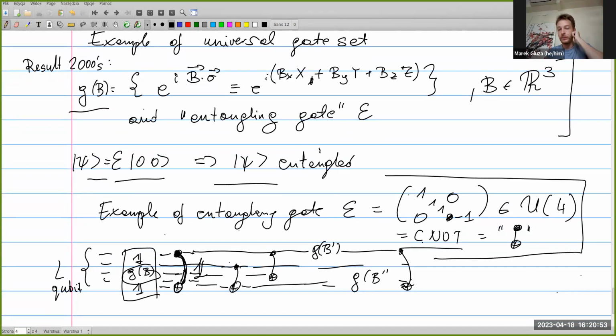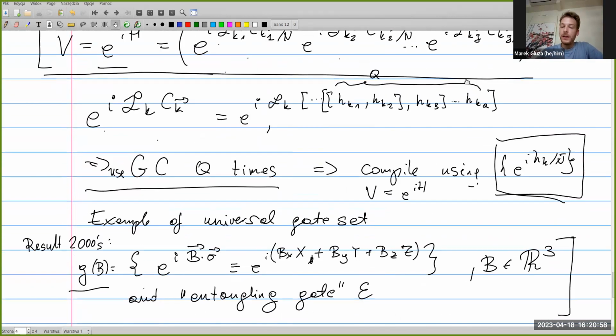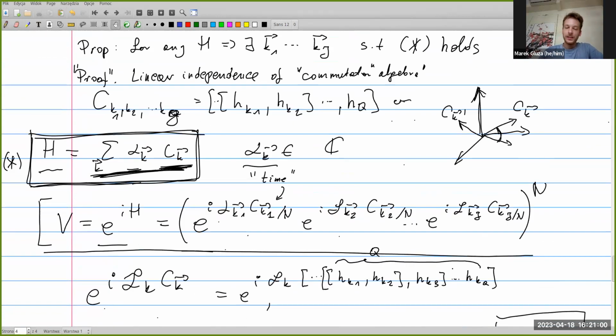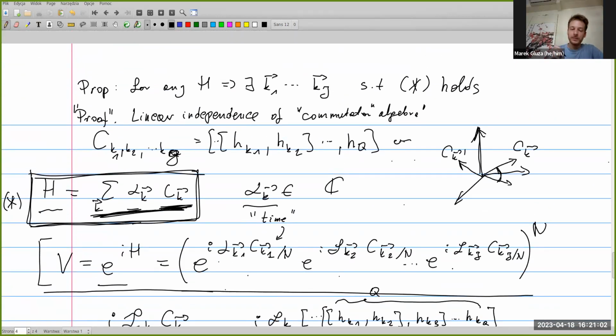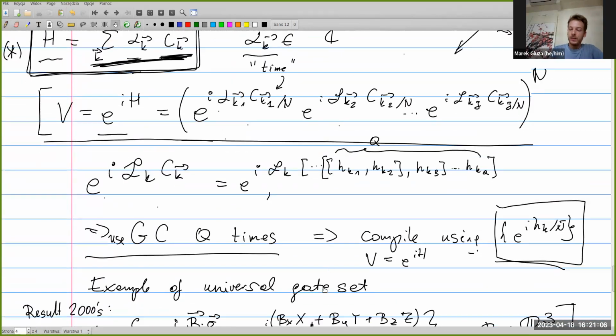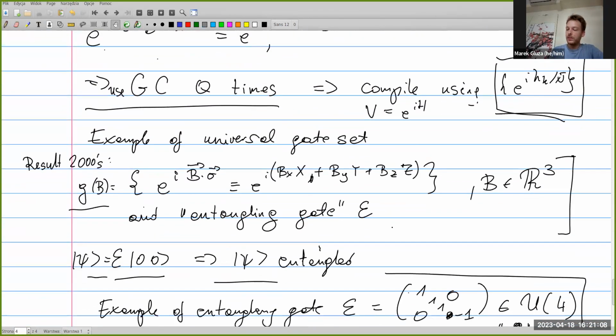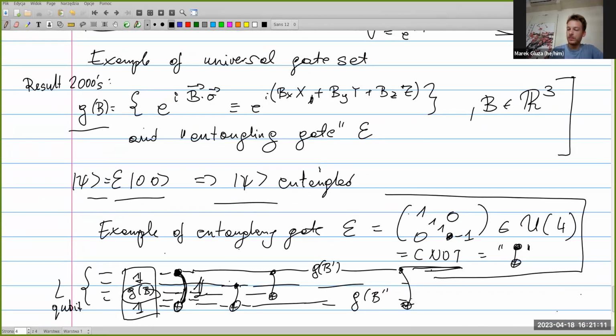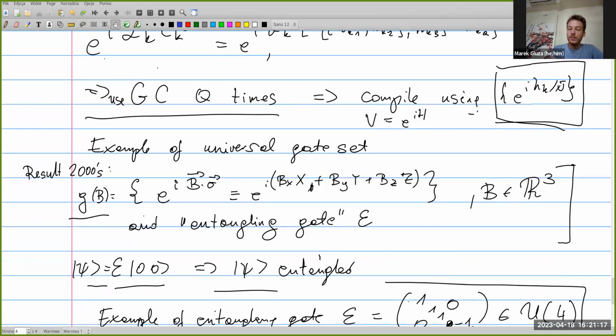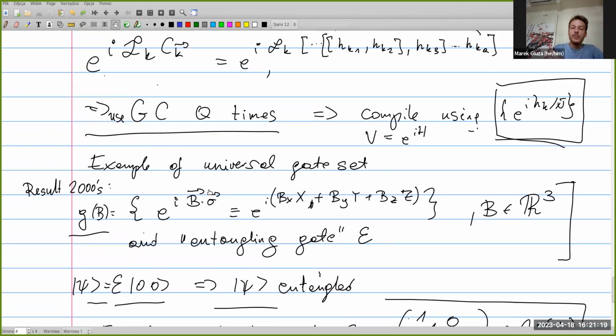So we have quite a lot of flexibility, and I'm not proving this today. It's really an overview tutorial. But you see why we have this flexibility: it doesn't need to be so beautifully structured like C naught, which is very useful, and it's easy to make sense of what it does. It could be any entangling gate. Why? Because